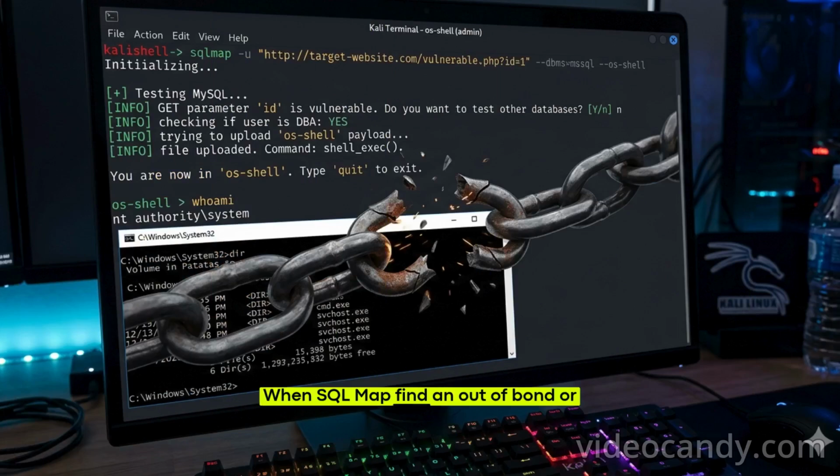When SQLMap finds an out-of-band or union-based injection, it can sometimes give you an actual operating system shell. "--os-shell" attempts to upload a tiny stager that gives you a pseudo shell. You type commands and see output. Behind the scenes, SQLMap uses techniques like xp_cmdshell on MS SQL or INTO OUTFILE with UDF on MySQL.